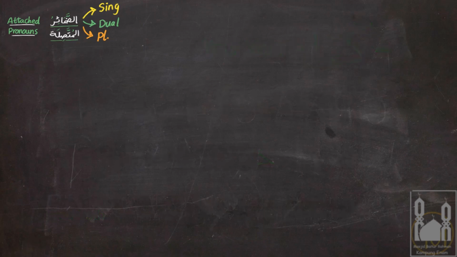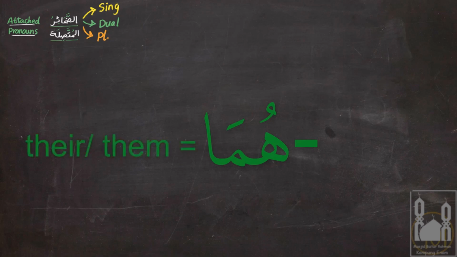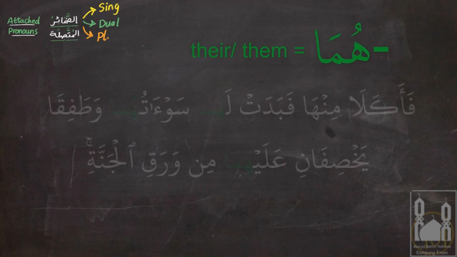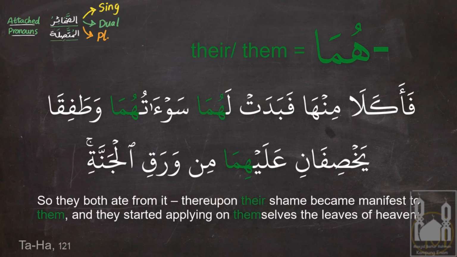you would then use the suffix huma, which would then be attached to the end of verbs or nouns, with the meaning of their or them for the dual form, like in this example. فأكلا منها فبدت لهما سوآتهما وطفقا يخصفان عليهما من ورق